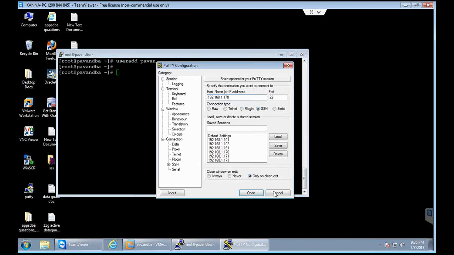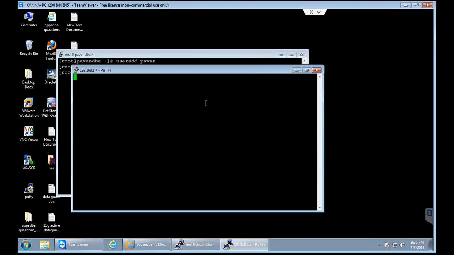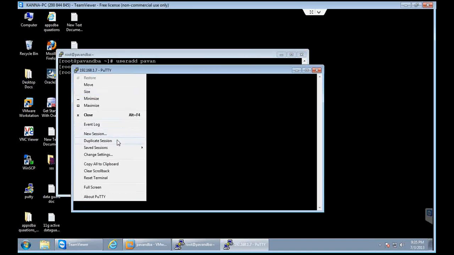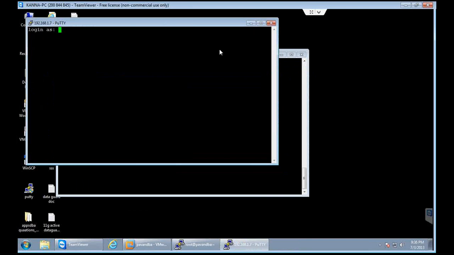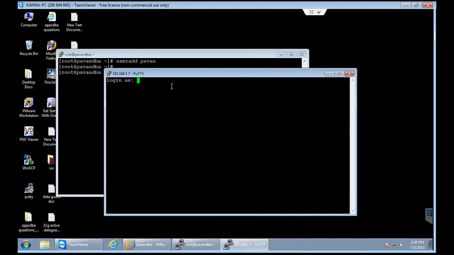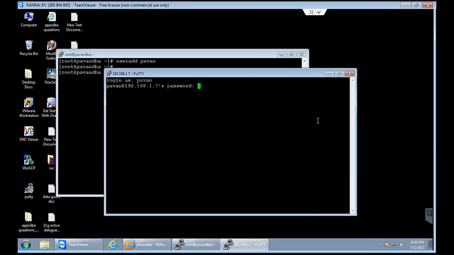So we are taking a duplicate session of the server, and when it is asking for the login name, I am going to give it as Pawan. But what would be the password of Pawan? Because when we created the user, we have not specified any password.